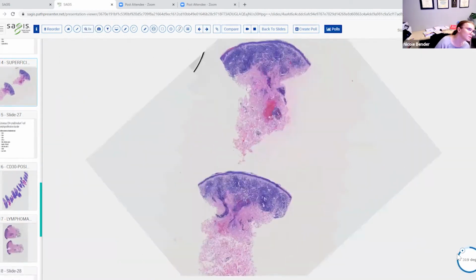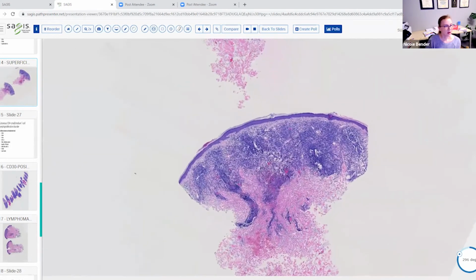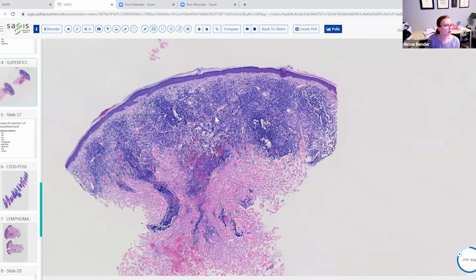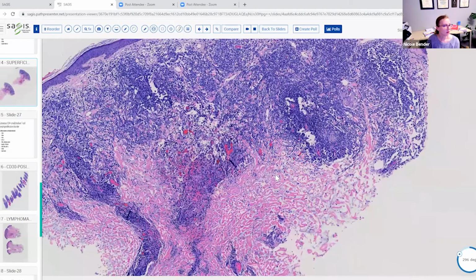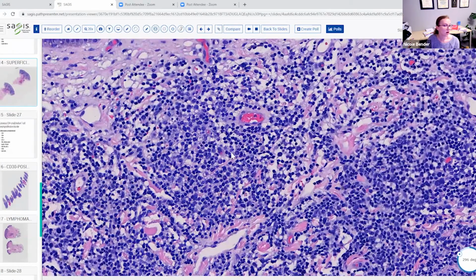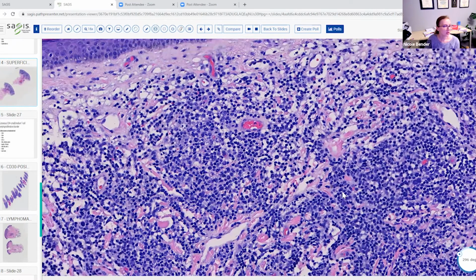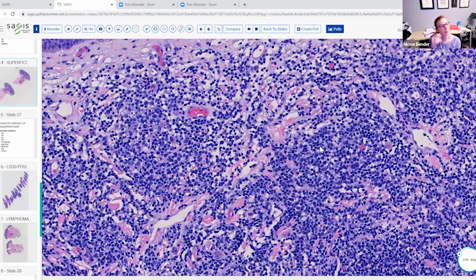Okay, this next case, we have another fairly nonspecific infiltrate of lymphocytes that goes from the superficial to mid-deep dermis, with a somewhat band-like pattern up here, but then it extends along adnexal structures and vessels into the mid to deep dermis. These cells, let's take a look at them, are again small to medium in size, nondescript. They have hyperchromatic nuclei. They have probably a little bit more pleomorphic nuclear features compared to the last case that we just looked at